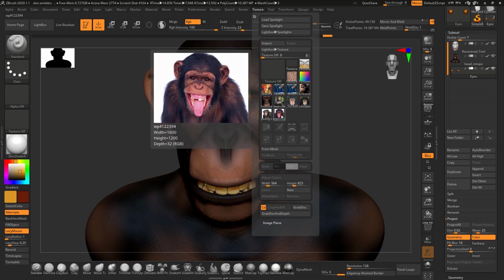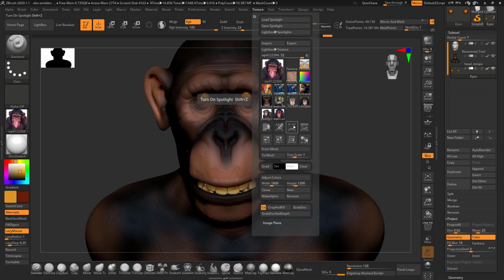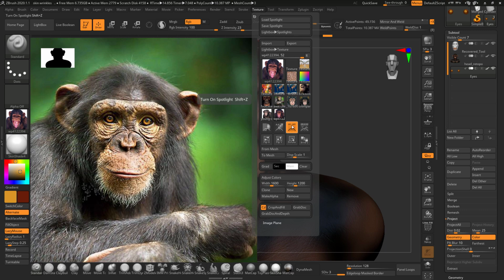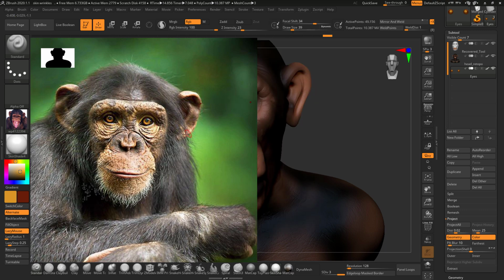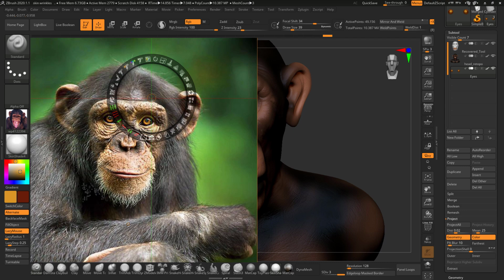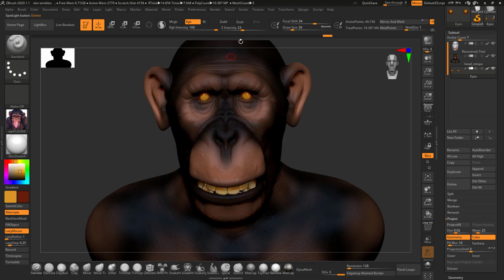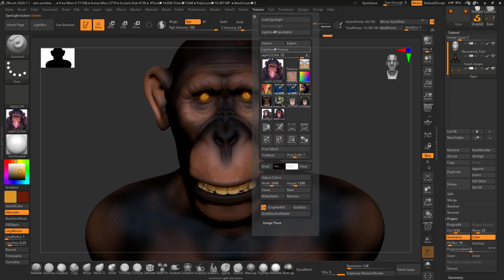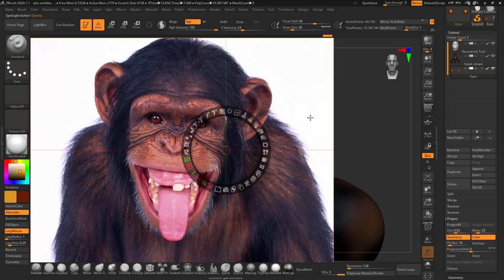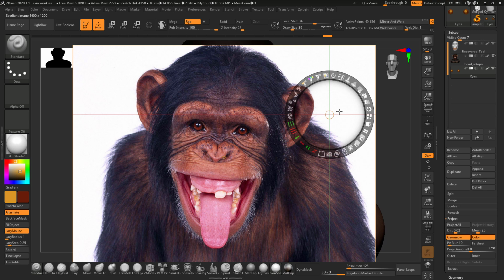Now I will just put it here, and first press Z and delete the selected image. So I will click on here, then I will click on the texture and click and press add to the spotlight. So now you can see I have added this information, and I can just